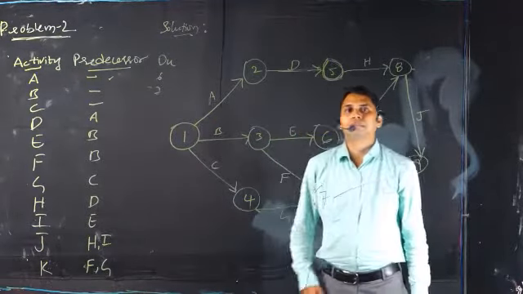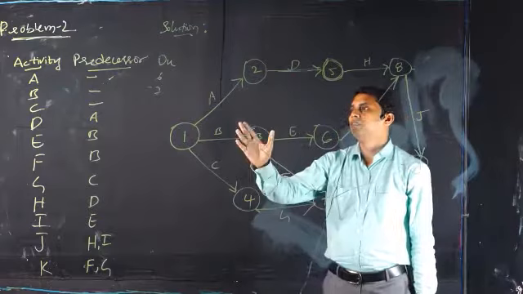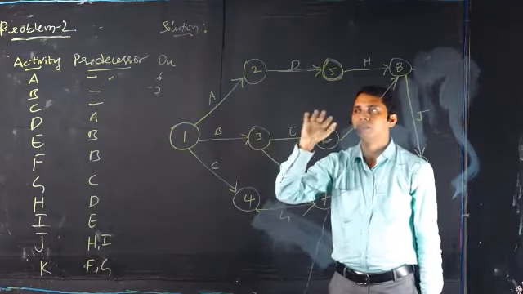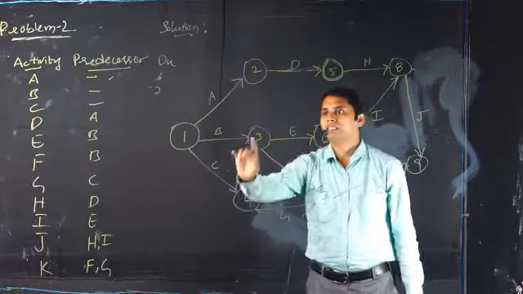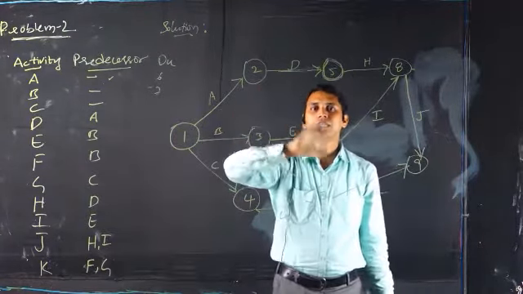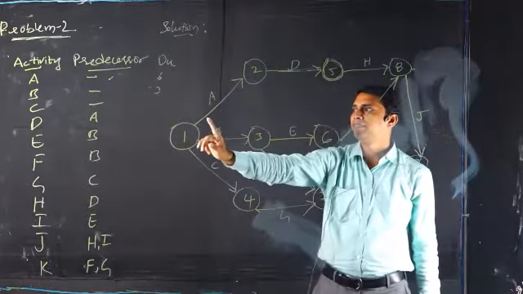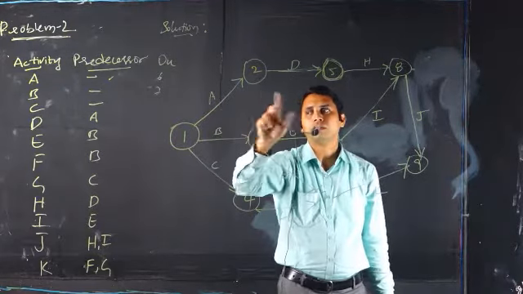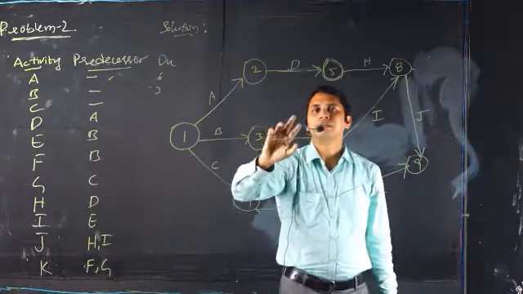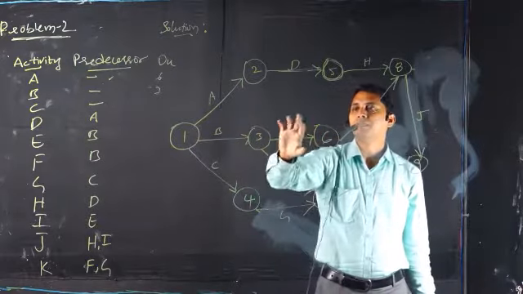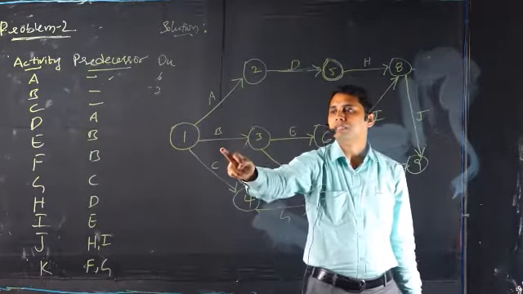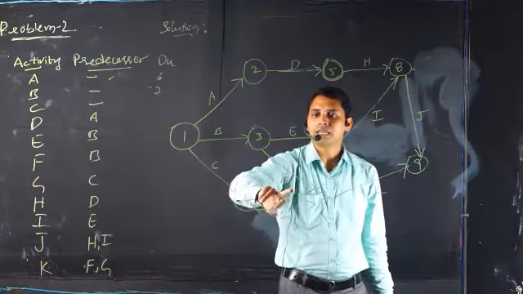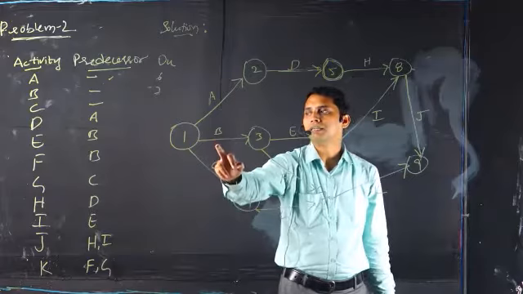So for drawing the network diagram, we should see, is there any predecessor for the activity A? Yes, there is no predecessor for A, B, and even C also. That is why we should understand that A, B, C are the initiating activities. And after that, for activity D, A is the predecessor. And then for activity E, B must be the predecessor. And then for activity F, B is the predecessor again simultaneously.